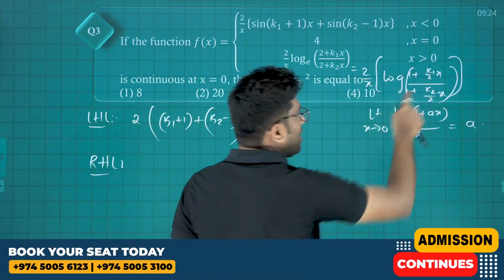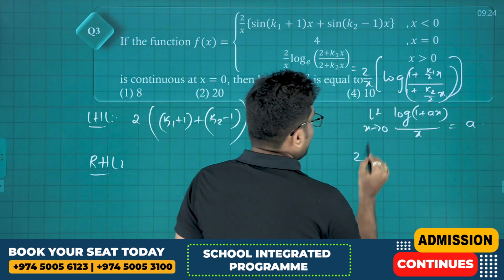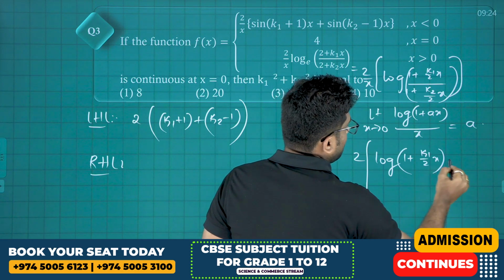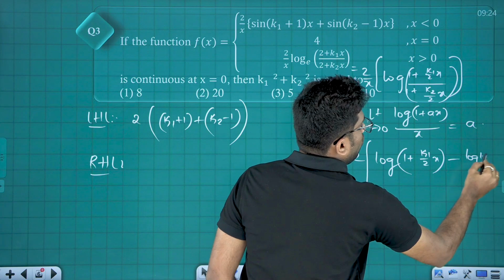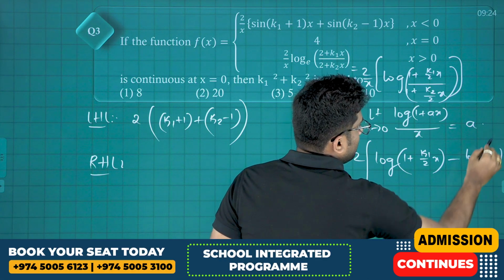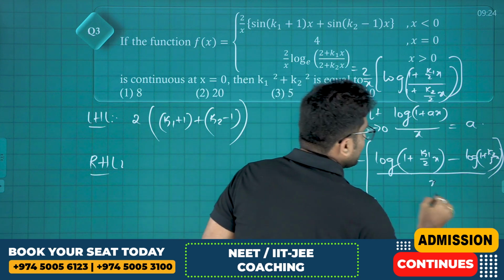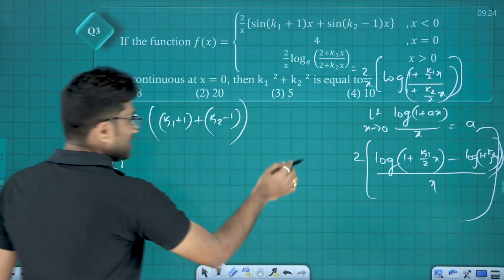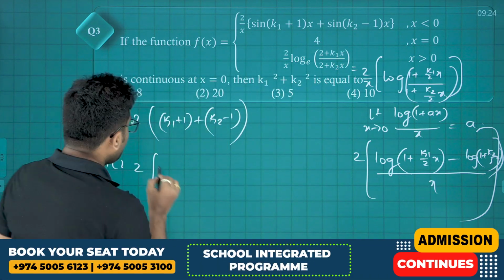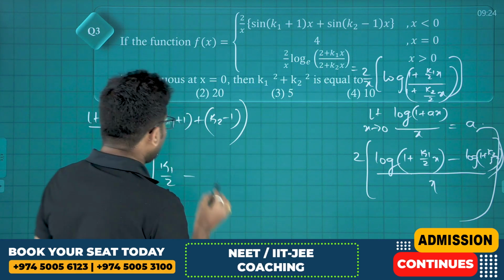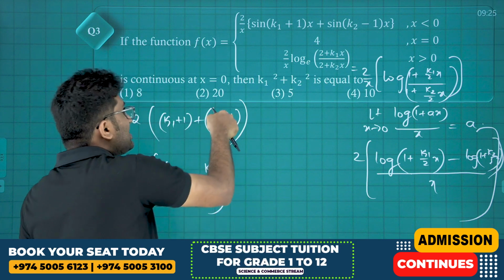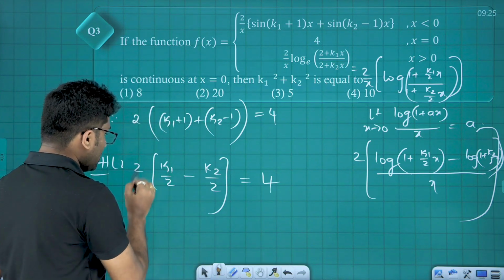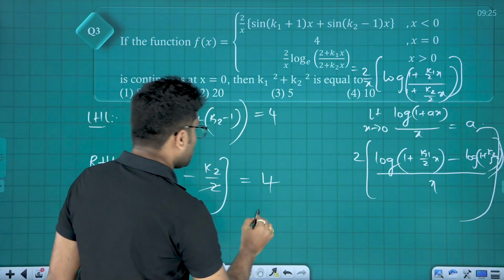Log a by b we can write as log a minus log b. So 2 times of log (1 plus k1 by 2 x) minus log (1 plus k2 by 2 x), whole divided by x, guys. So log 1 plus ax by x is a. So this is nothing but 2 times (k1 by 2 minus k2 by 2). Now this LHL should be equal to 4 and even RHL also should be equal to 4. So that is nothing but k1 minus k2 is equal to 4